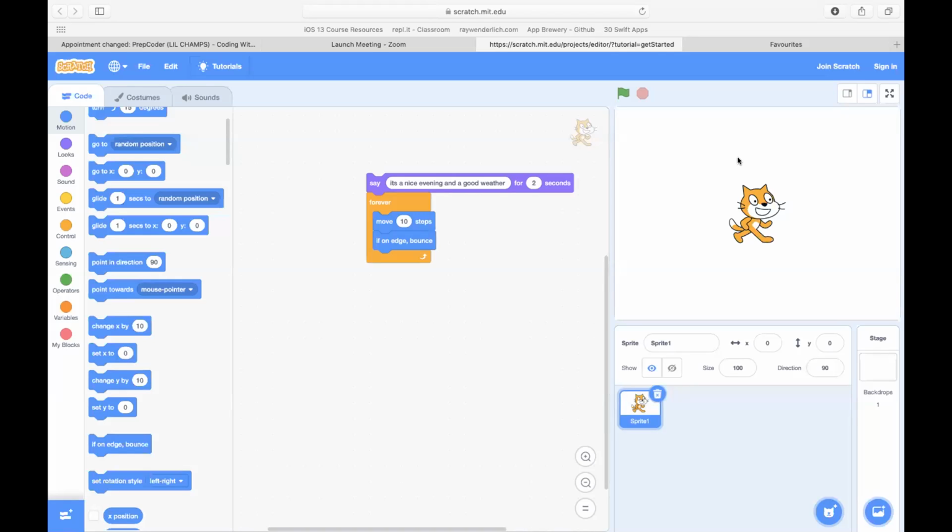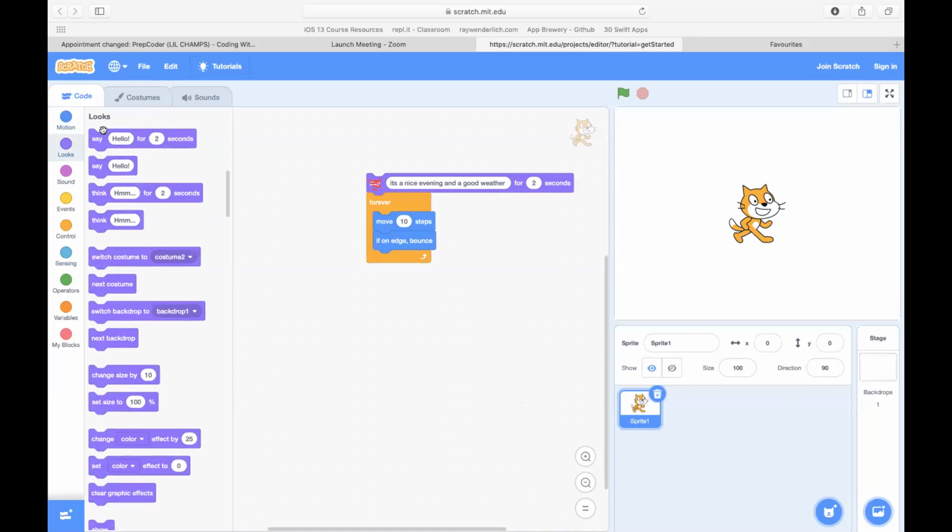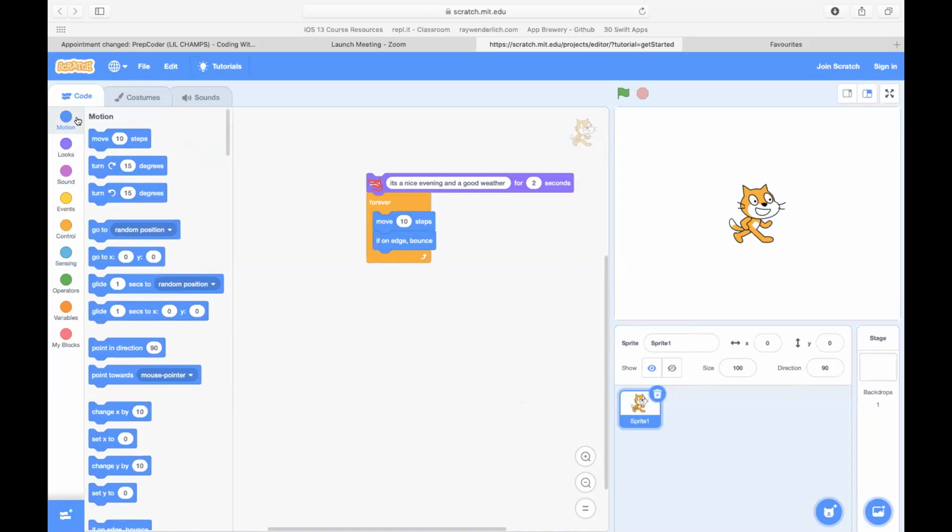Sir, now can you see my share screen? Yes, I can see it. Very good. Now let's add more blocks on it. Whenever it is going and touching the edge, can you click on the first block? Can you click over here and let me see what your code is all about? Yes, please click over here. I just want to see what you have done. Okay, very good. Now when it is coming back, its head is down, it's upside down. We have to fix that particular thing, correct?